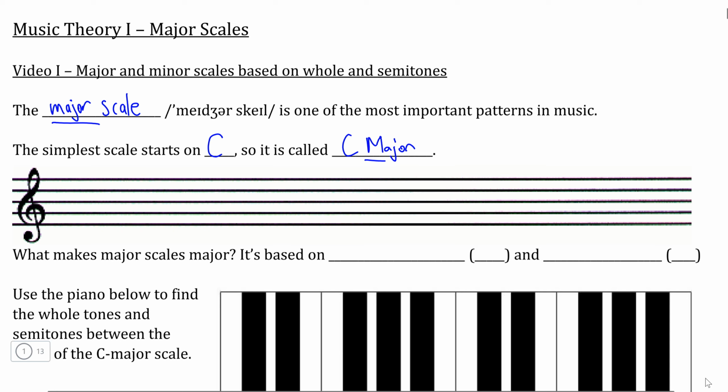So if we find where C is located on the treble clef, middle C is our starting note usually, so we're going to write it down here, and then all that we need to do is count from C all the way up until we reach the next C, which is the third space of the treble clef. So our C major scale is going to be C, D, E, F, G, A, B, and C,